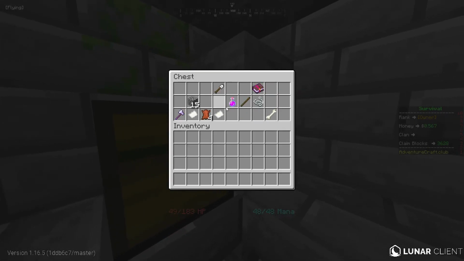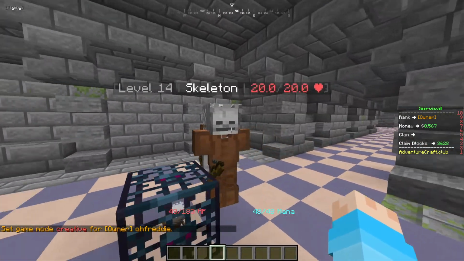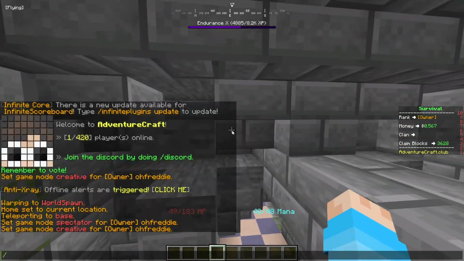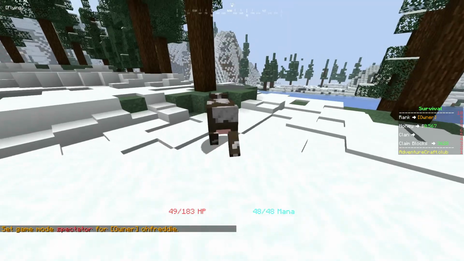So yeah, there's some dungeons, there's custom dungeon loot. Really, really cool. If I go to game mode creative, you see skeletons will start spawning. If I go back to spectator mode, another pretty important thing is the fact that all mobs have a leveling